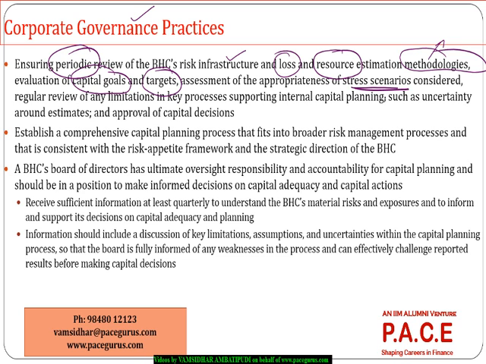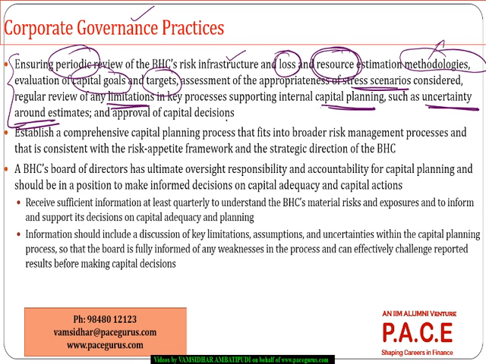What are the kind of stress scenarios that we have designed? Are they sufficient for considering the capital? Did we consider all the worst case possibilities? Are there any limitations in our model? Did we list out all the limitations and processes? Is our capital planning process more and more robust? What is the level of uncertainty around the loss estimates and the capital resource estimates that we have made? All these things need to be ensured as a part of a good capital governance process, corporate governance process.